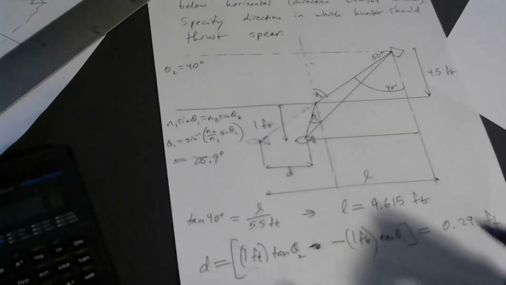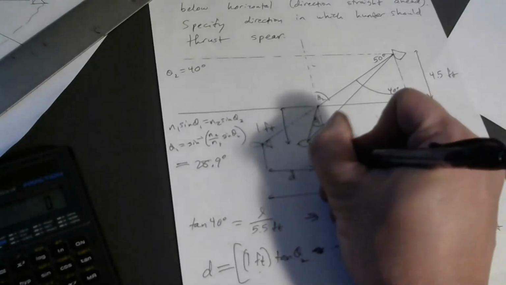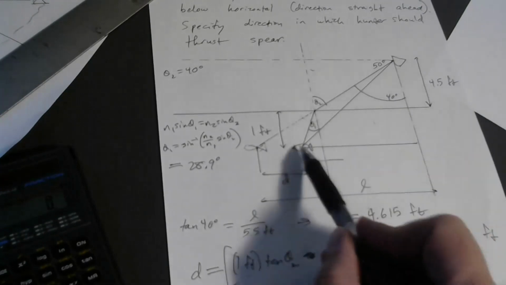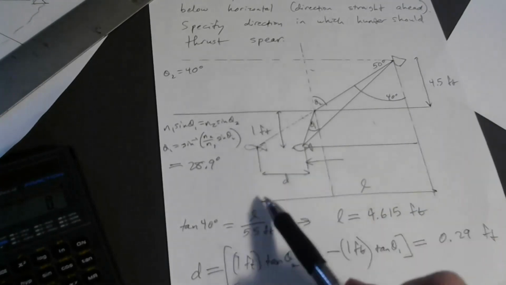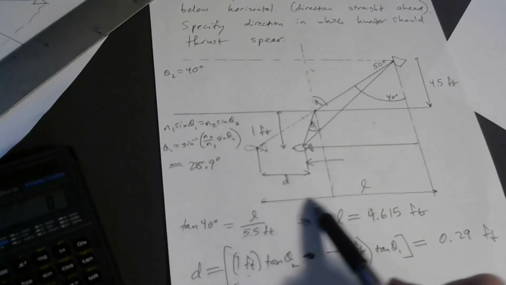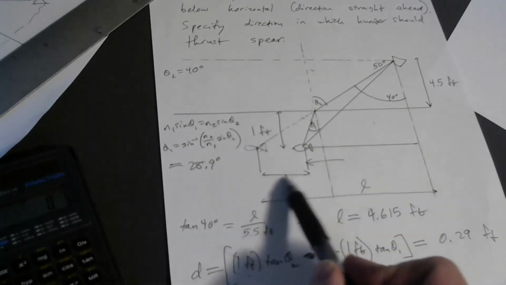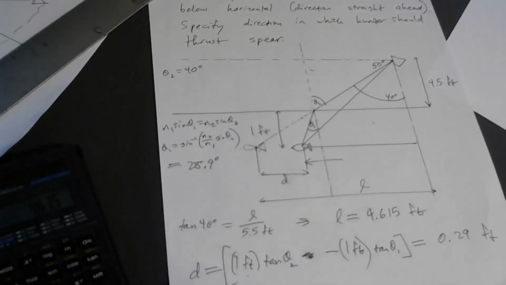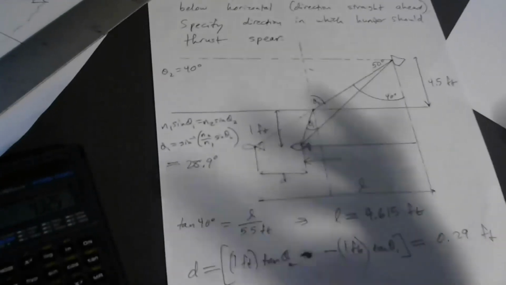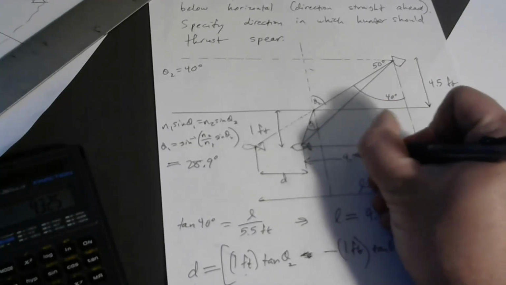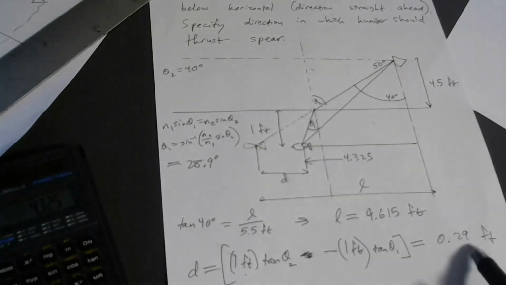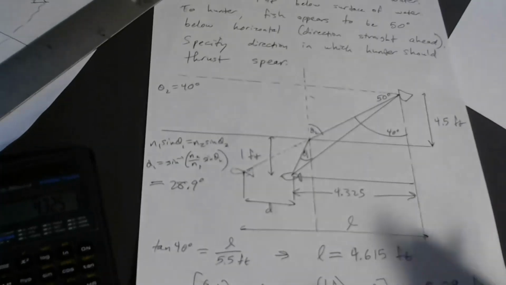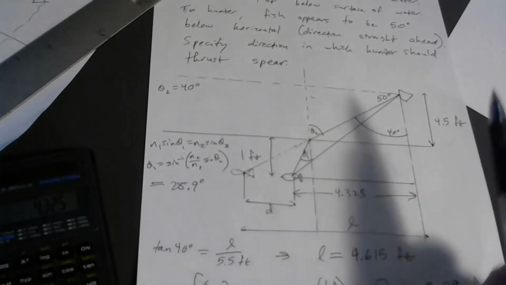Okay, so I'm looking at this right triangle. This distance here would be the 4.615 feet that we calculated minus the 0.29. 4.615 feet minus 0.29 feet. This side would be 4.325. And I realize I should have kept more digits here if I'm using 4 sig figs, or 3 decimal places. Okay, we're practically done here because now we know how far the fish actually is from the person's